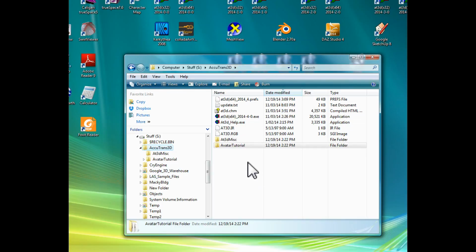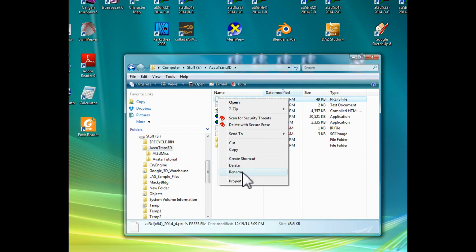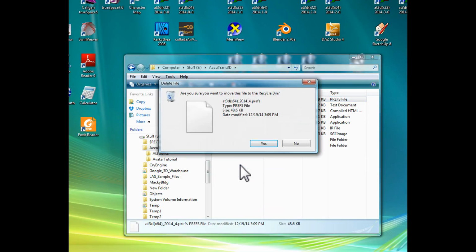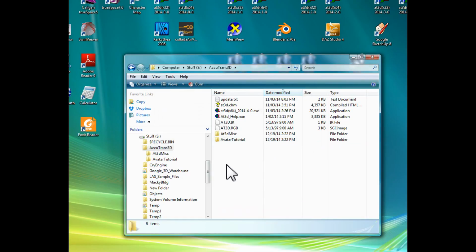Then I go to the folder where you have AccuTrans installed, and I have it on my S drive in an AccuTrans 3D folder, and there is a file with the PREFS file extension on it. Click on that and right click and delete the file. Okay, AccuTrans will start up now in its default condition. So I'll start up AccuTrans by double clicking on it,